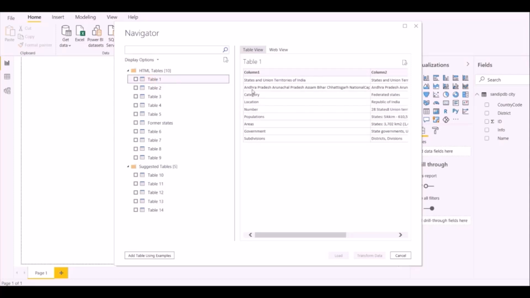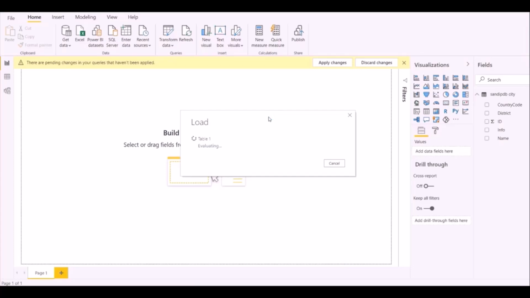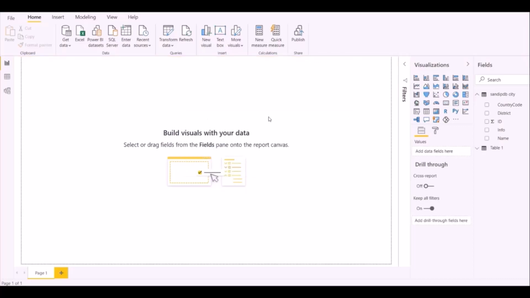You can select any table for the learning. These are the data of particular table 1. So select the table 1 and then click on load button. It is loading data in Power BI. Now you can see your table 1 has been imported over here.